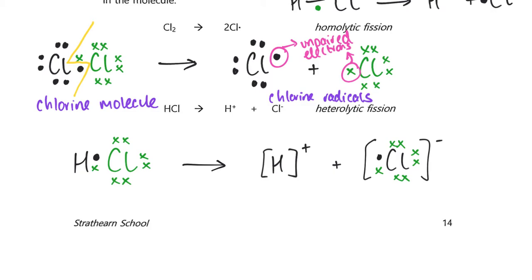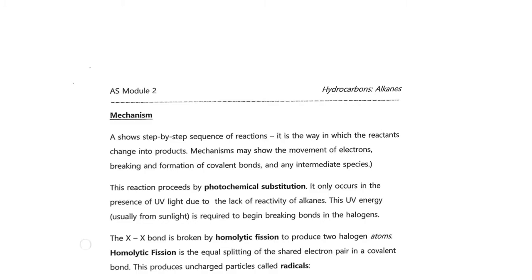But in heterolytic fission, it breaks in such a way that we're producing different particles, oppositely charged ions. And it's the homolytic fission of bonds that we will see in this particular reaction of our substitution of alkanes with halogens. So now that we've met some of the key definitions for this reaction, let's look at the